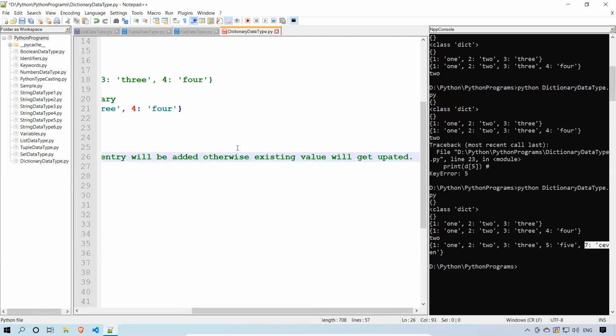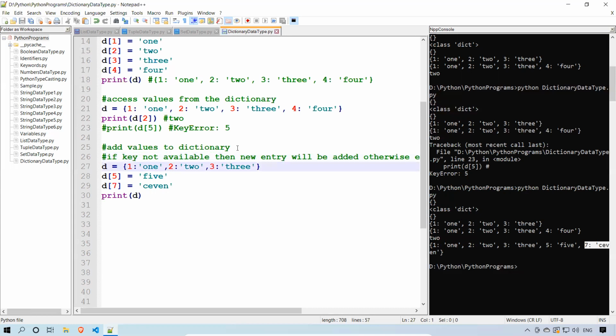What is the behavior? If the key is not available, 5 is not available, so it will add. 7 is not available, so it adds. But again, I'm giving d of 7 is equal to SEVEN 7. Now if I print of D, what happens? 7 is already available.